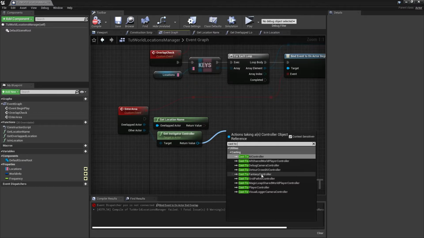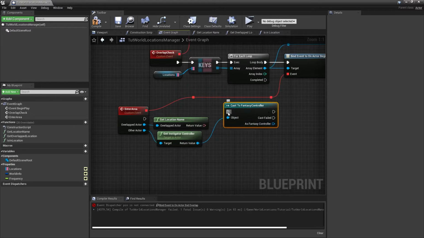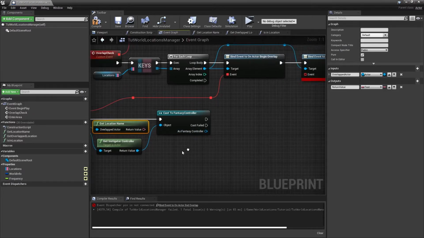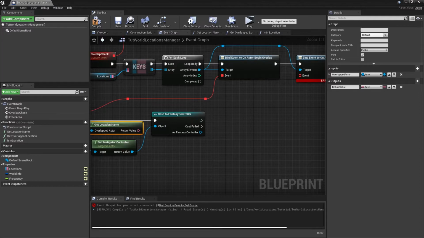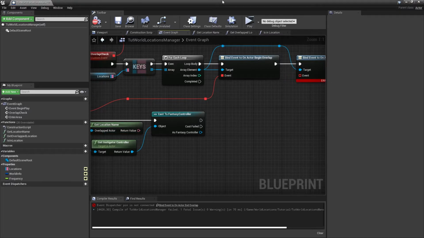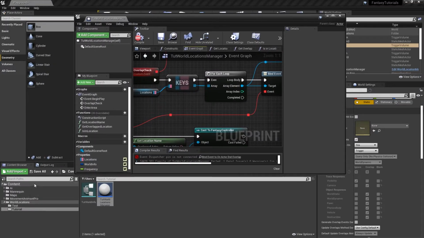Mine is fantasy controller, and I'm gonna connect this like that. Boom, that's gonna be working. Then now we have to do something inside the player controller actually, or if you're using player characters, then we're gonna do that. So you can open up your player controller or player character,